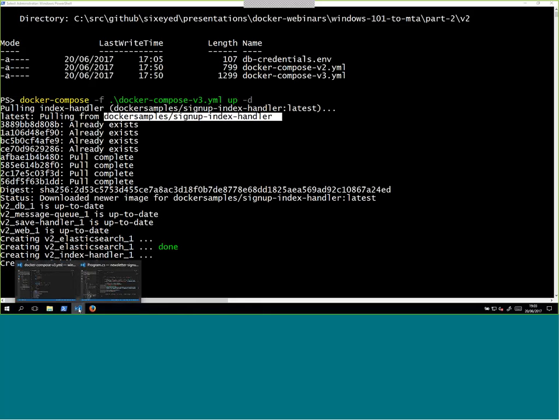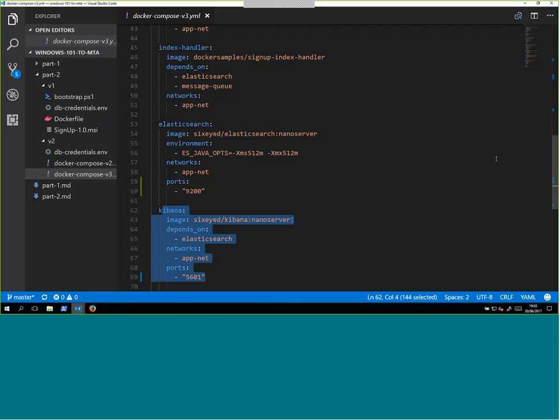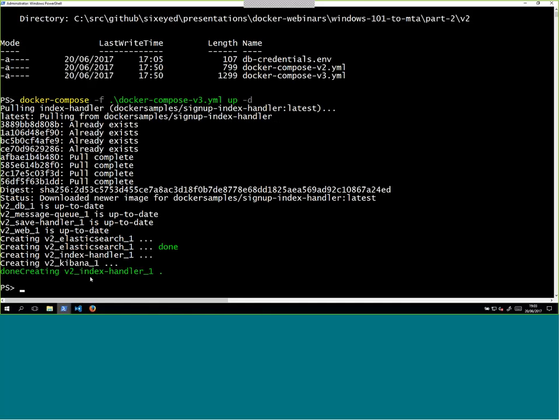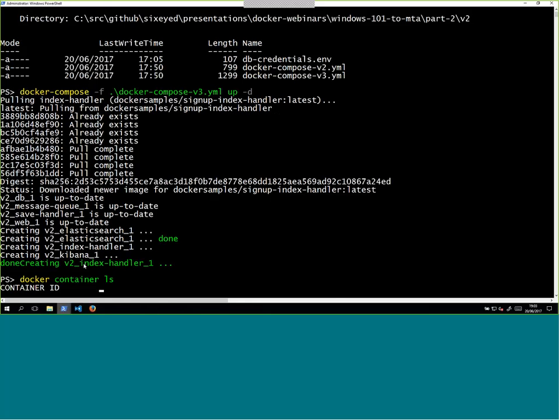So all I need to do to give someone else access to the application is give them this compose file. All the images are public, so anyone can grab this compose file and run docker-compose up, and they would get exactly the same experience as I've got from running this. So now, when I run my containers,